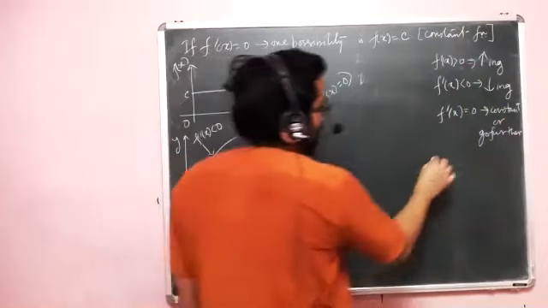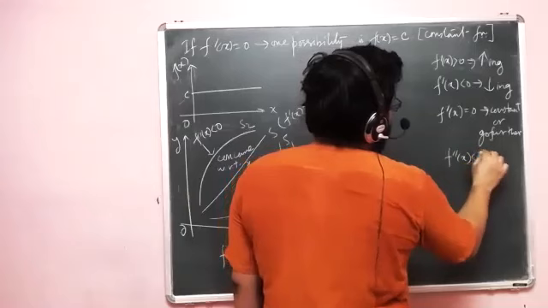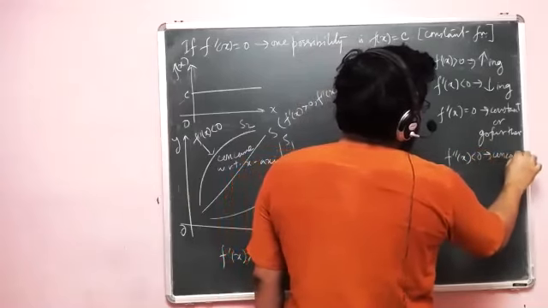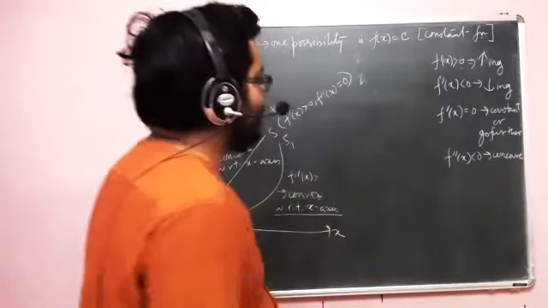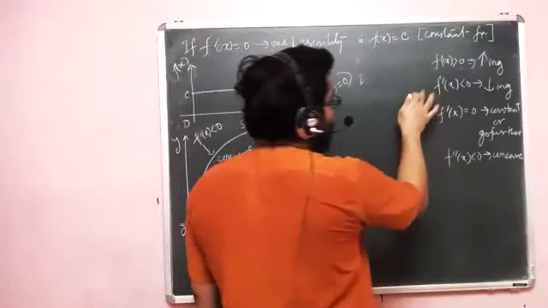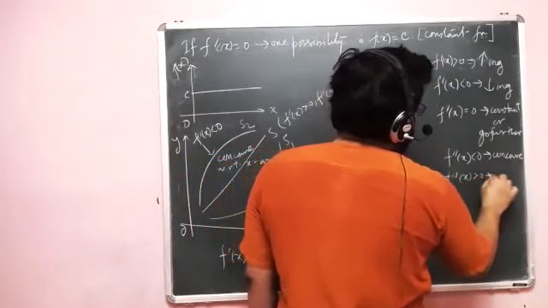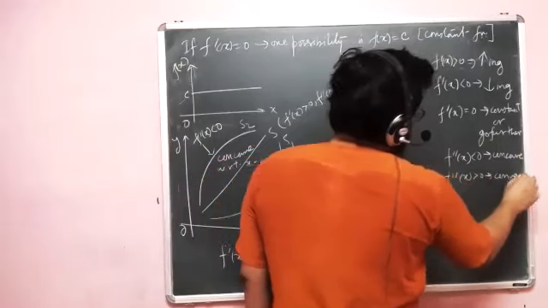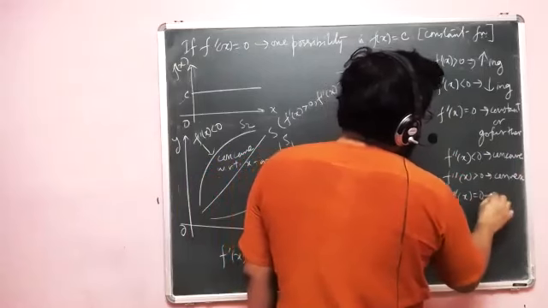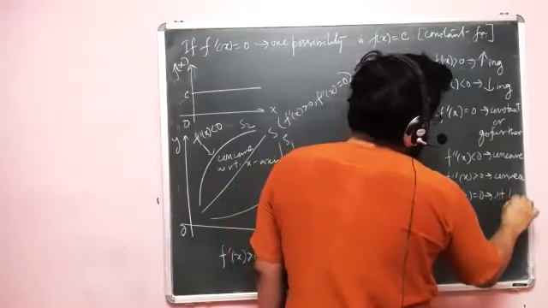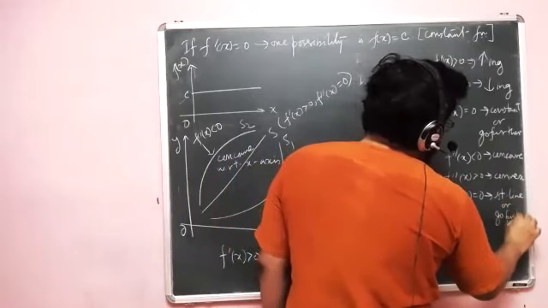Okay. And then we have f double dash x less than 0 as concave, depending on whether it is towards origin or it is with respect to x-axis. That depends on whether it is increasing or decreasing. And then we have f double dash x positive, which is convex. Also, we have f double dash x equal to 0, which may lead us back to straight line or go further.